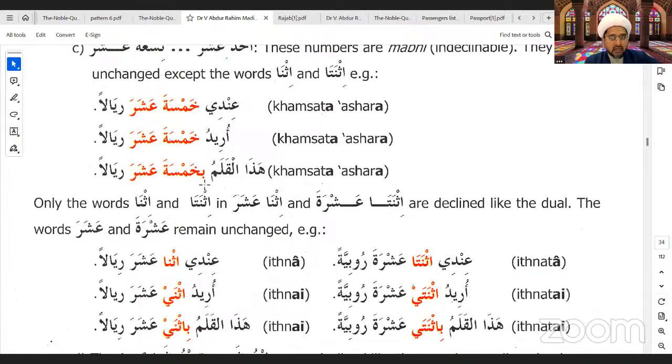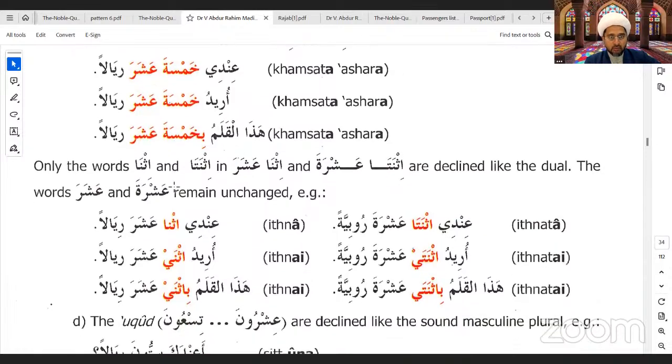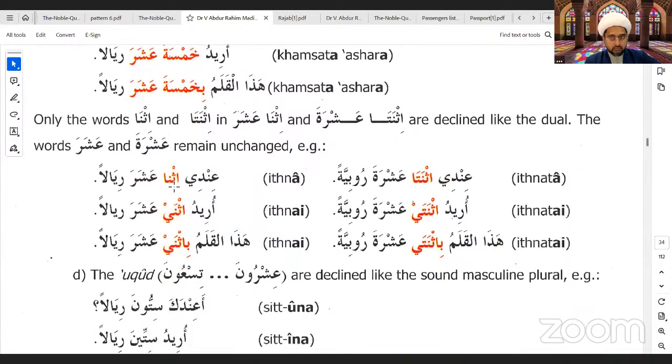But it's not. Ba is a preposition, but because the nouns from 11 to 19 are solid, mabni, they don't change the harakat. They come with one set harakat, that is fatah, and that's why they remain fatah despite all of these three different cases or examples showing marfu, mansub, and majroor. Does that make sense to everyone? It's quite easy. From 11 to 19, it's one harakat regardless of which situation they come.